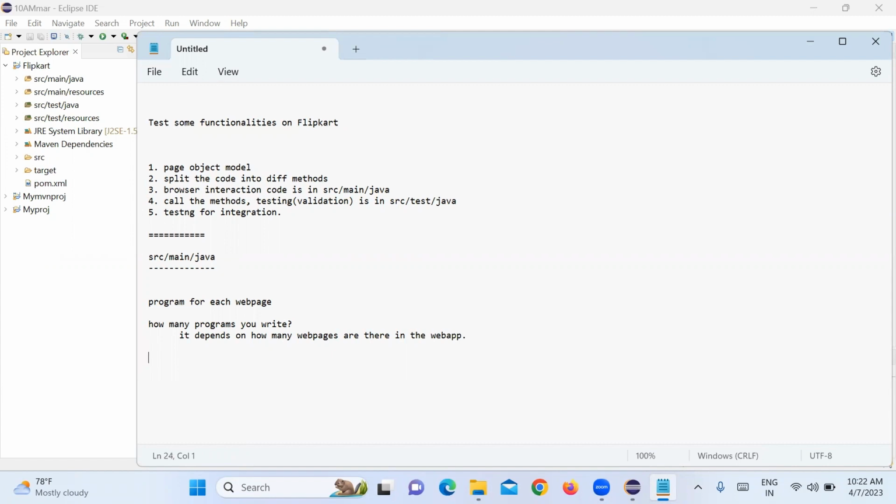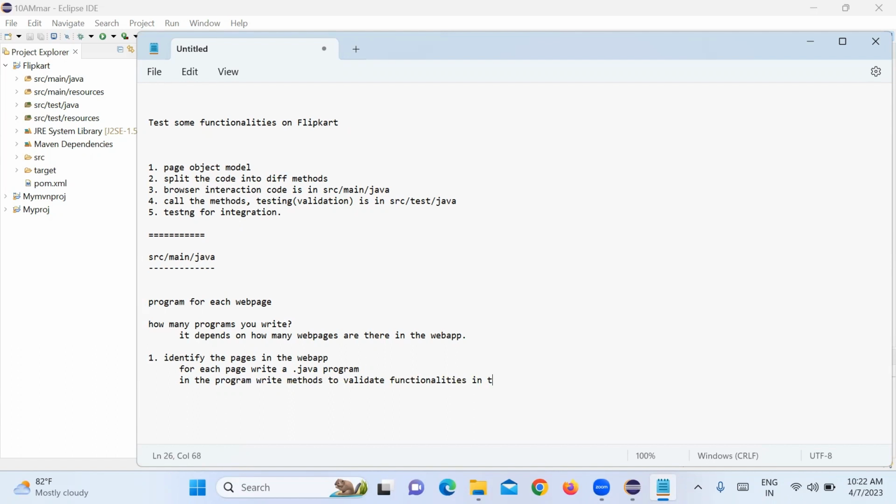First, you have to identify the pages in the web application. Next, for each page, write a Java program. Next, in the program, write methods to validate